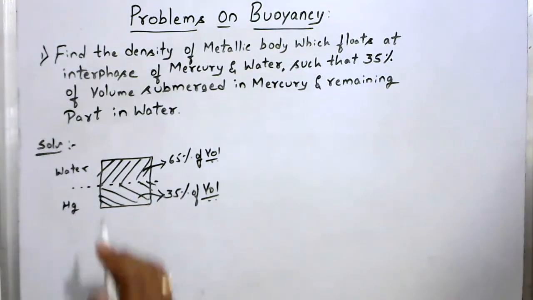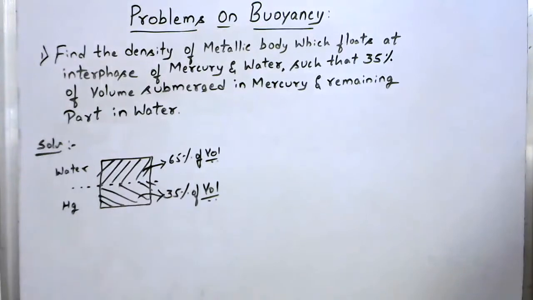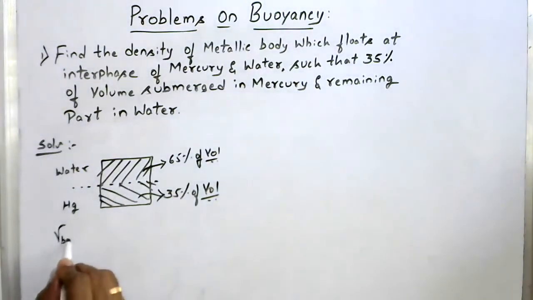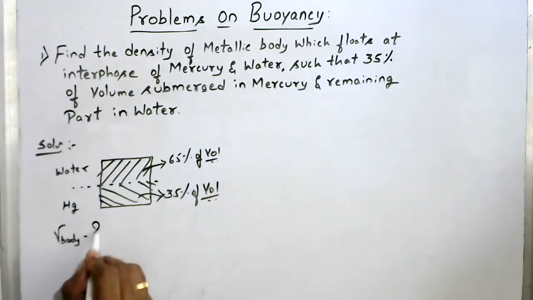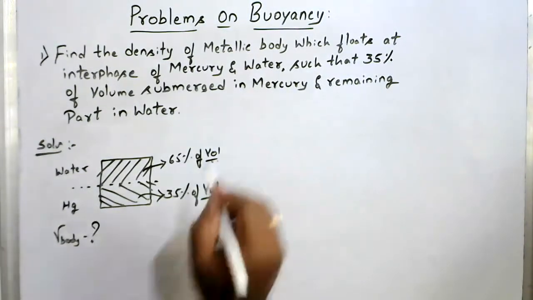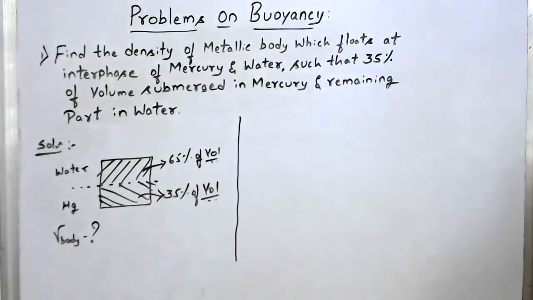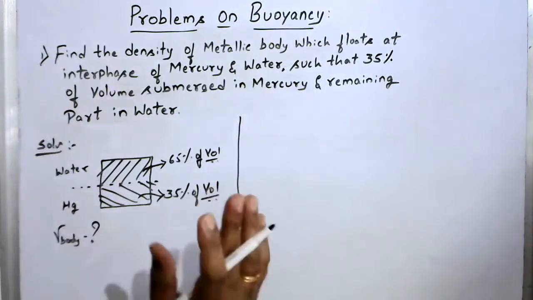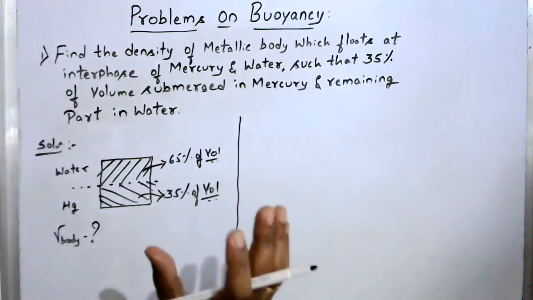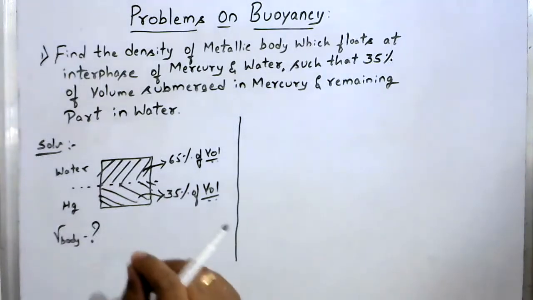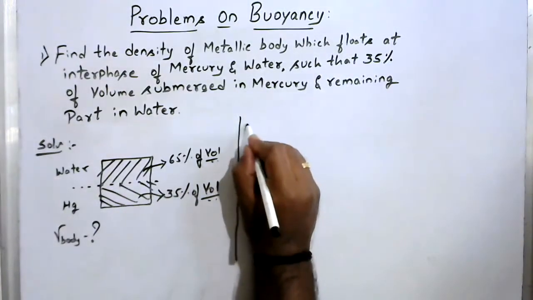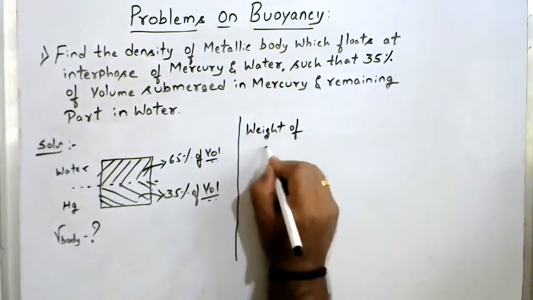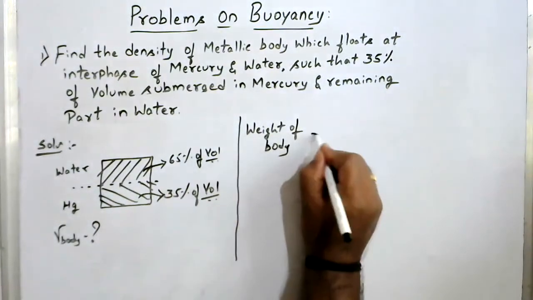You have to find the density of this body. Density of the body means its specific weight. Gamma of the body is unknown in this case. We know that the buoyancy force is nothing but the weight of the metallic body, which is equal to the weight of the fluid displaced. I'll write here: weight of that body is equal to